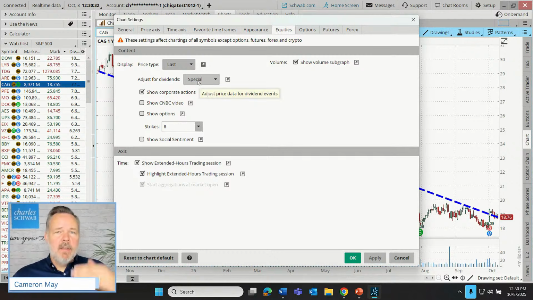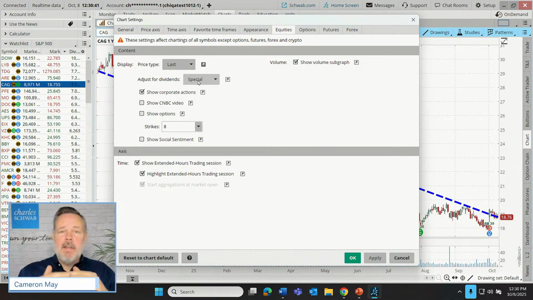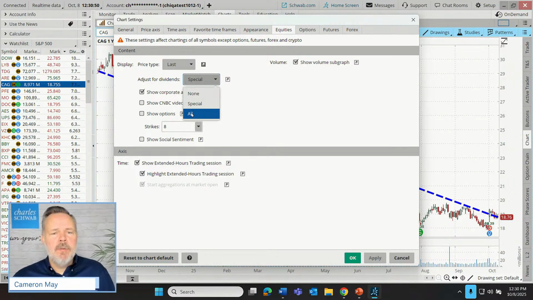By default, the chart only builds back in the price when there's what's known as a special dividend, a great big unusual dividend, maybe a one-off that can cause a big gap down, and it can create this sort of artificial looking poor performance on the stock. But we can also choose to adjust for all dividends. That literally means, hey, show me how the stock has done, but also include the dividends that were paid.